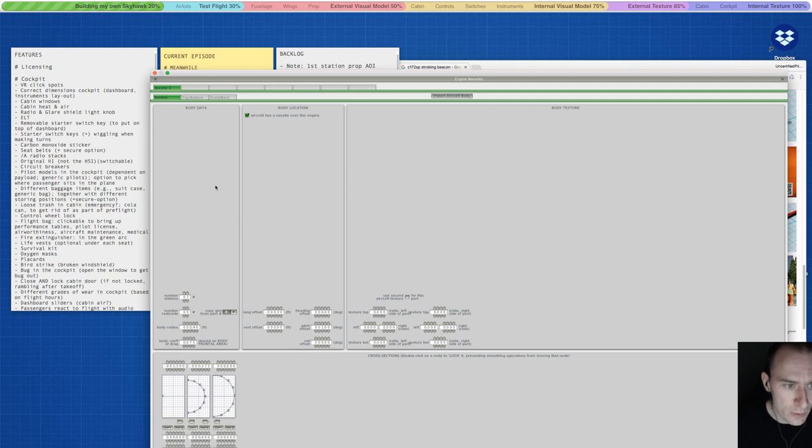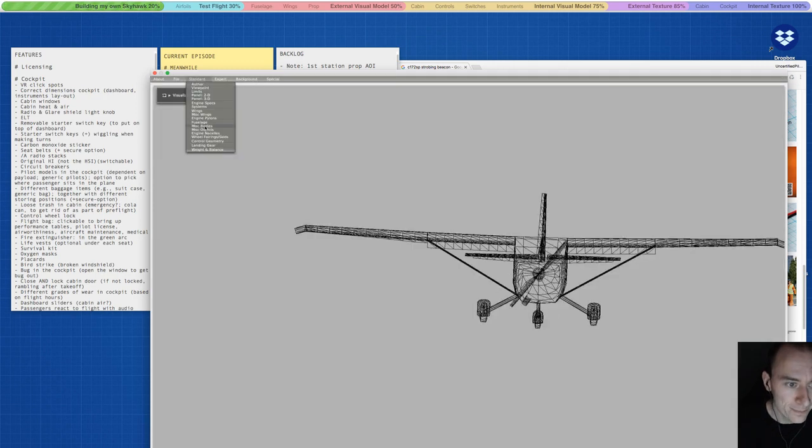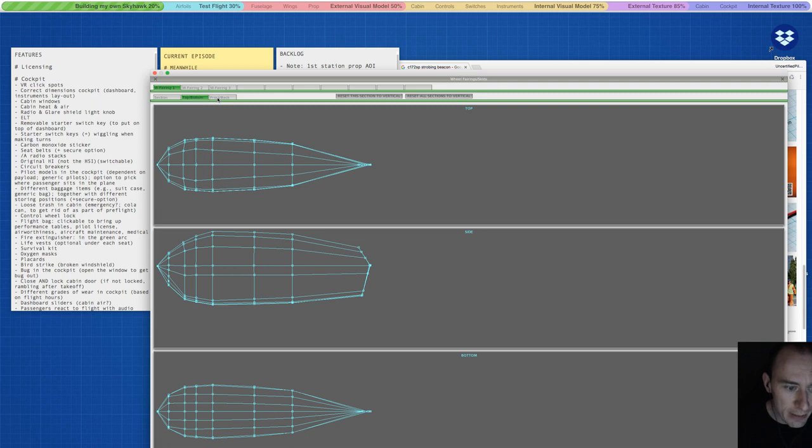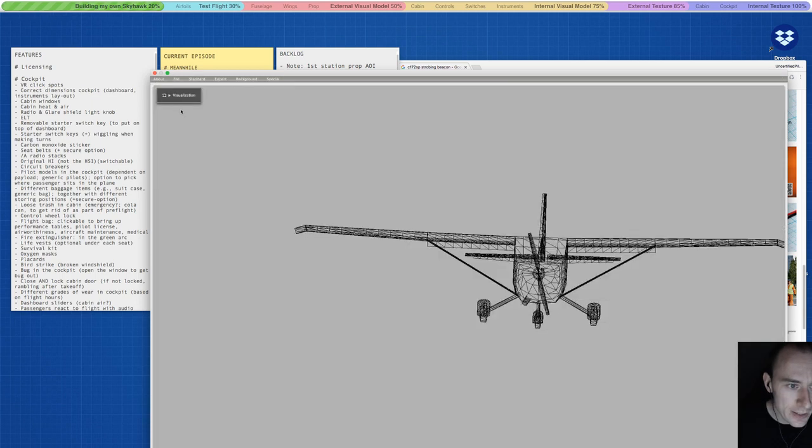Engine nacelles, that's the spinner, also based off of the actual measurements. Really cool to see how much work went in so far. Wheel fairings, also based off of all kinds of eBay pictures and stuff. It's quite detailed. Control geometry,